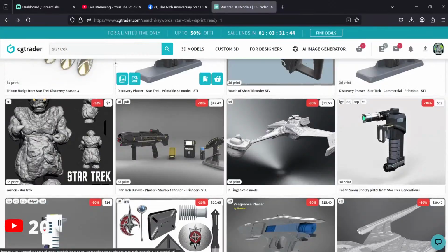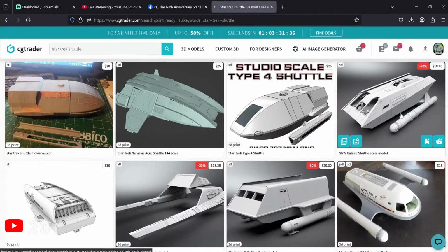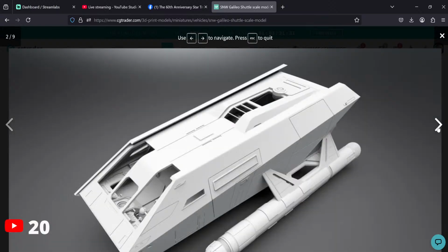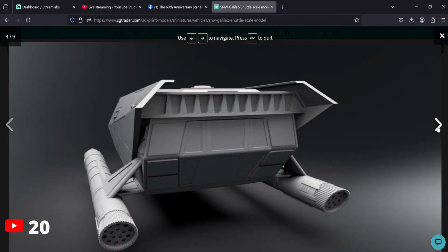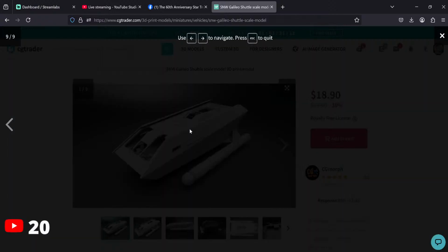I wonder if I put in Strange New Worlds Star Trek shuttle. Let's see if the Strange New Worlds one comes up. Oh, there it is. There it is. Oh, and there's the other one. Let's see how big this is. Oh, there we go. That's a cool shuttle. You can build this one because it's in Strange New Worlds. I do like this shuttle. So if you want to print this up, or you know somebody that can print it up for you, and you want to build this would be